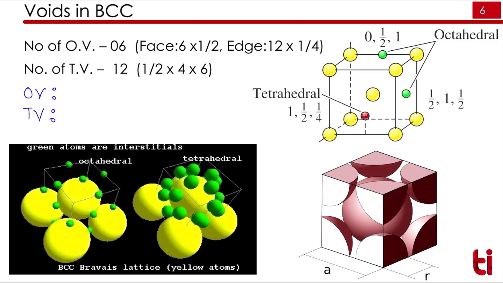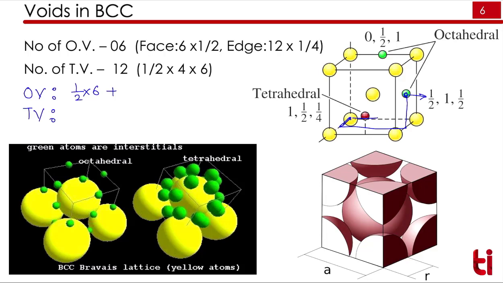If we move half unit distance along x, 1 unit distance along y, and half unit distance along z, we will come here. That's why this position is written as half, 1, and half. Now there are 6 faces in BCC or in any unit cell, and the void on a face will contribute half of its portion. So we have 6 faces, each contributing half, so half into 6, plus,